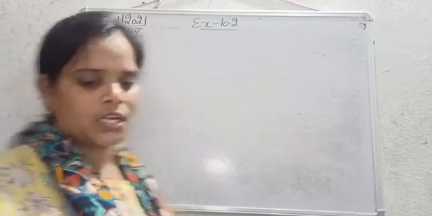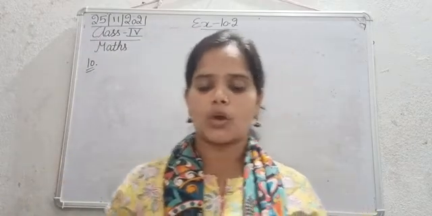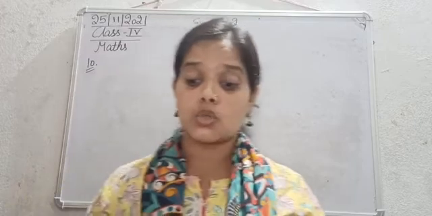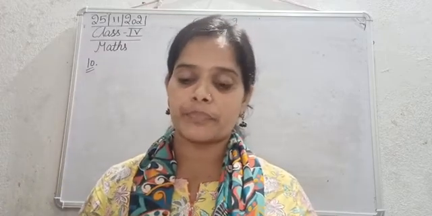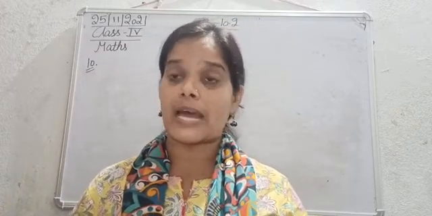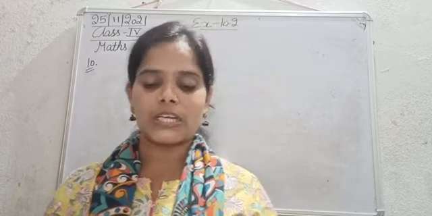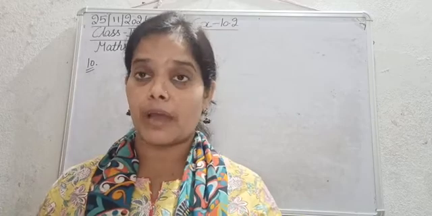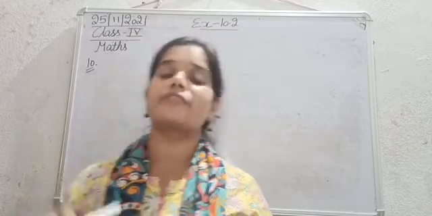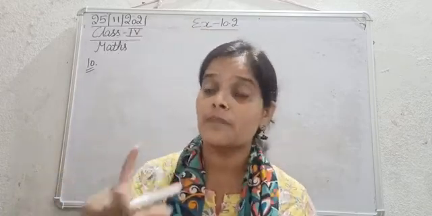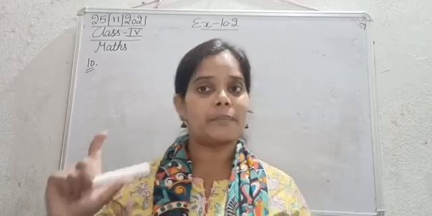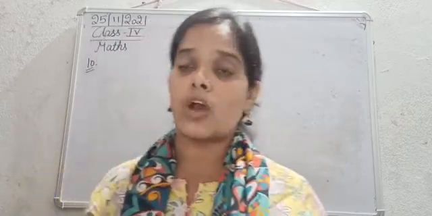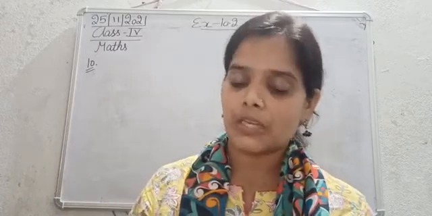The question number 10 is: Sunita bought 25 kg 850 gram apples and sold 1/5 of them. How much apples are left with her? So Sunita has bought 25 kg 850 grams of apples and then she sold 1/5 of them. So that means they have given a fraction of apples that are being sold by Sunita. We need to find out how much apples are left with her.